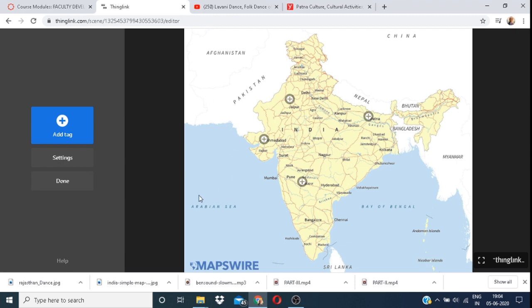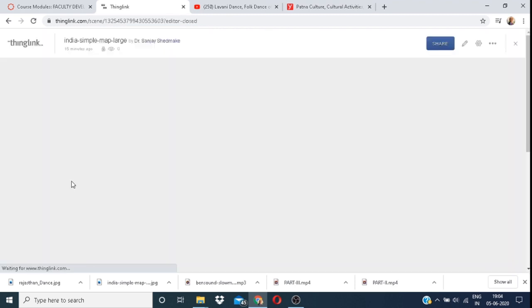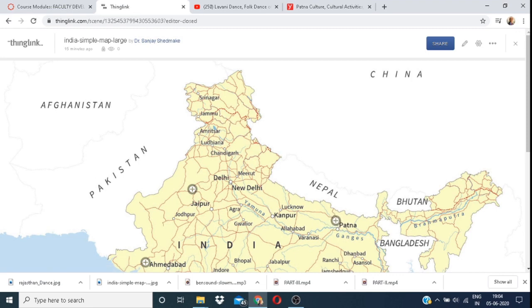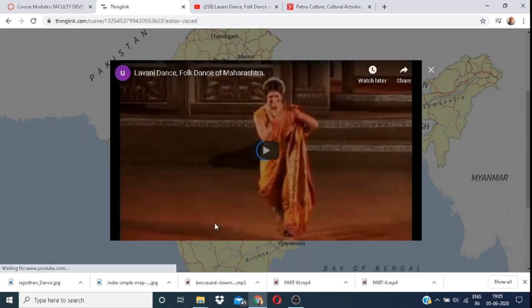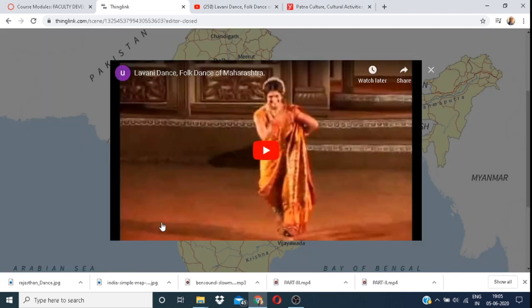Now I have closed this project. Just click on done. It is your project. When you click on this icon, you find the culture of Maharashtra and folk dance of Maharashtra.